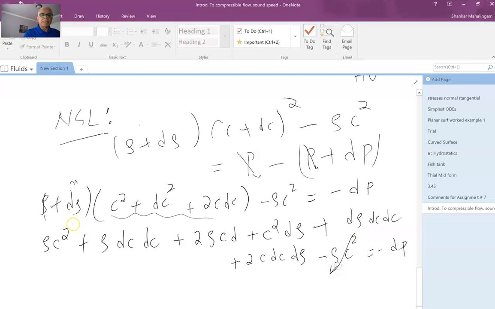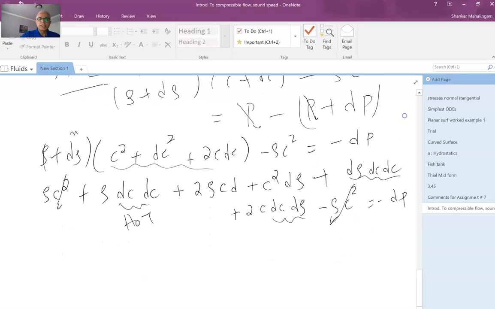So these rho C squared terms are going to cancel out, and let's see what we're left with. These terms which have a product of two differential terms, we think of those as HOTs, or higher order terms. Likewise over here we have a triple product, and this double product, so we can neglect those higher order terms. If we did that, what we're left with is 2 rho C dC plus C squared d rho